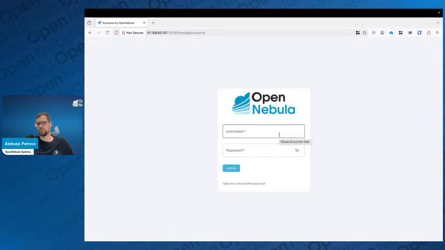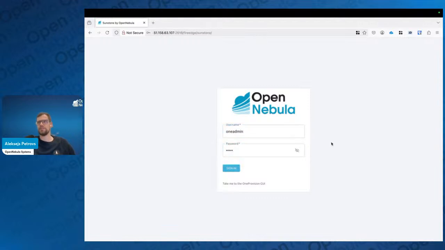So if you installed from miniONE, then there is the availability to add the password to the command line when you install it, so you know what the password is. Alternatively, there is a dedicated file that you can cat, and that's pretty much written into the documentation. And that file is going to contain the password. So the user I'm going to use is oneadmin,